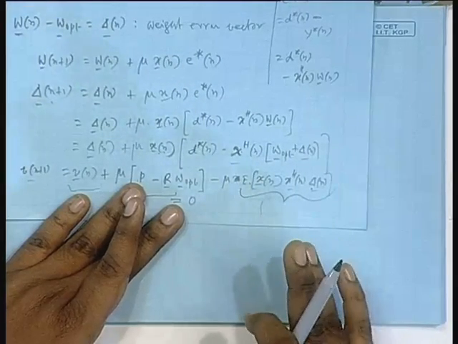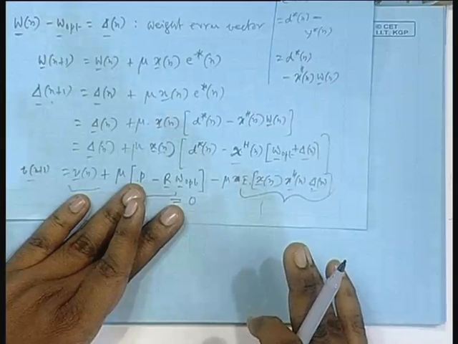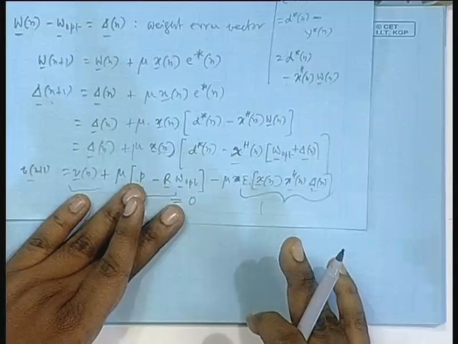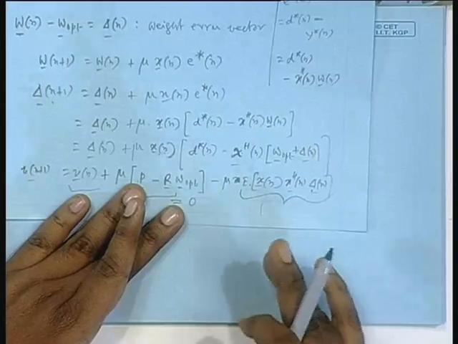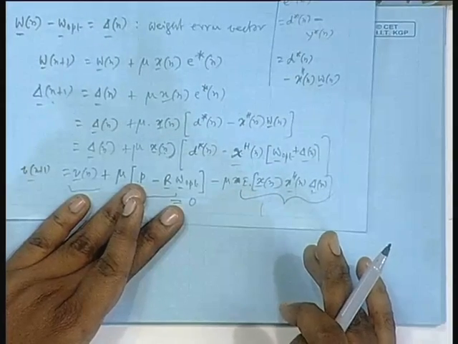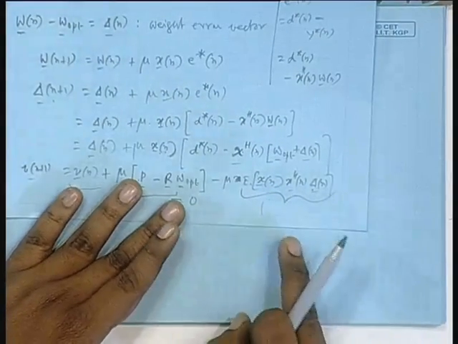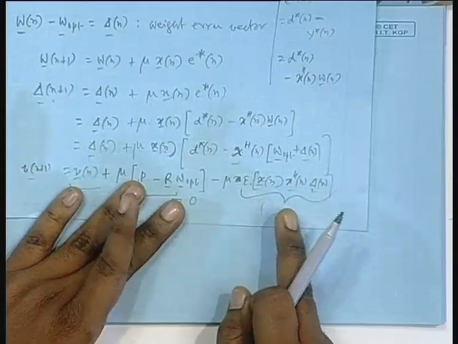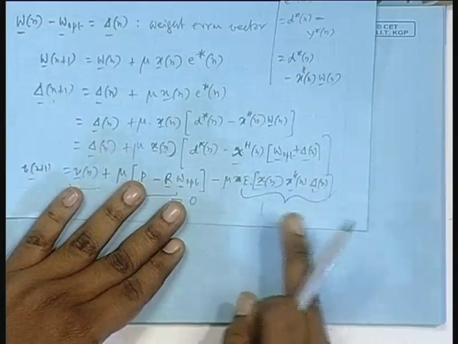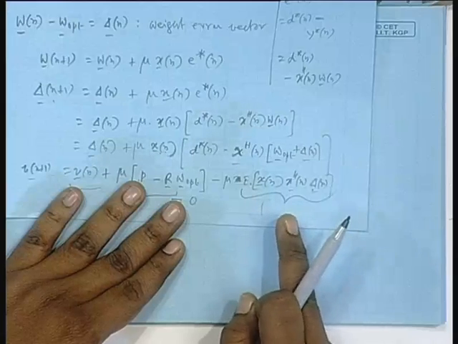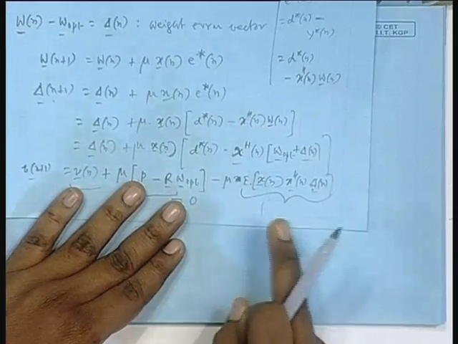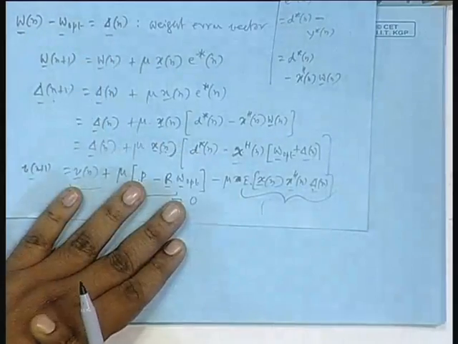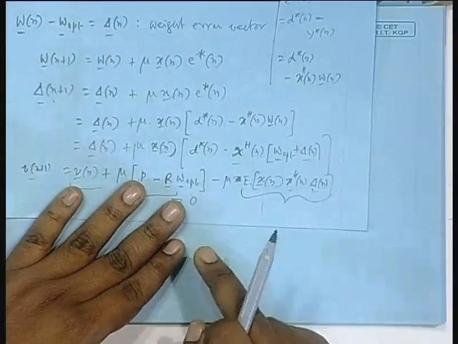Uncorrelatedness only works if you have something like E of x y, then you can write E of x into E of y, but you have got E of x square y. You need statistical independence to write it as E of x square into E of y. That kind of situation you have here in this matrix. Each term has got a product of two data terms coming from x n vector only, multiplied by some component of delta n, which is one component of W n. Now, you apply E over each term.